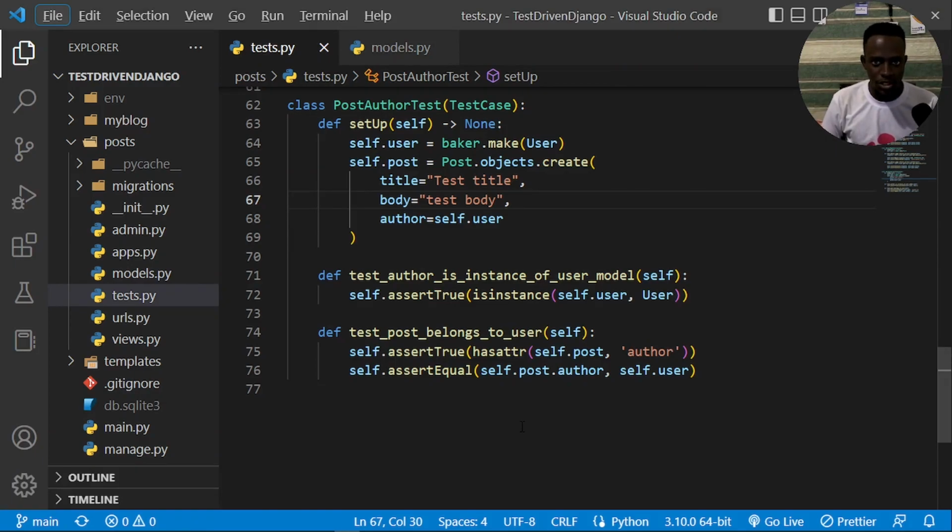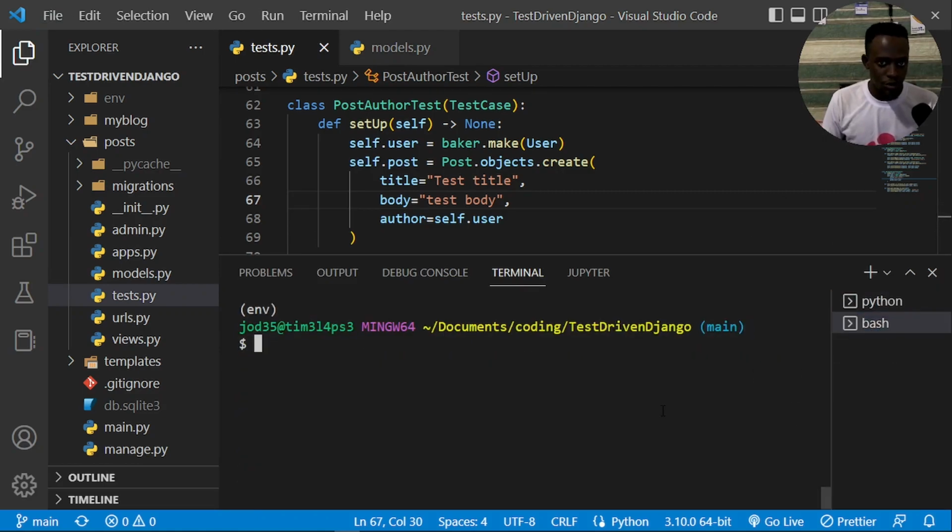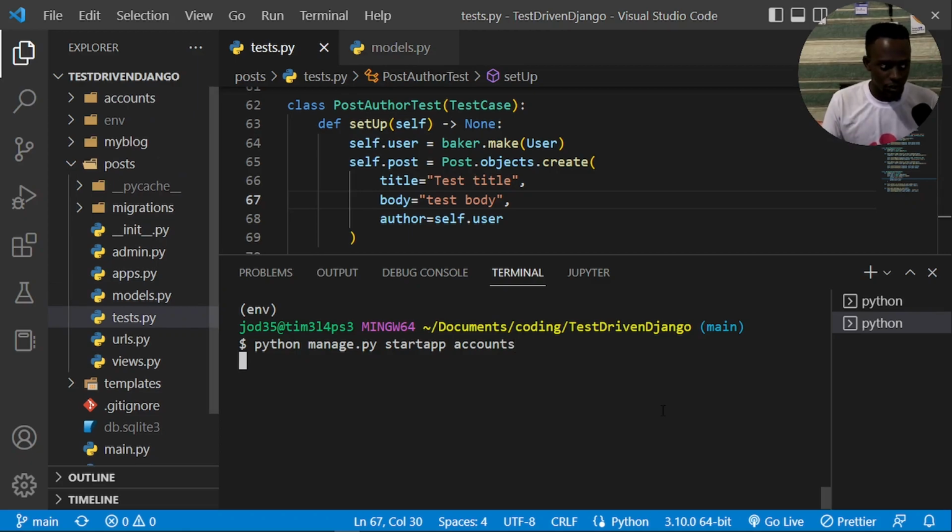So remember, an app is just to separate the functionality. And in this case, the functionality that we want to keep independent is the one for creating user accounts. So I'm going to pull up my terminal right here, and within here, I'm going to begin by creating an app. I'll do this with python manage.py startapp, and I'll call this accounts. And once I've done that, this is going to create an app called accounts within our root